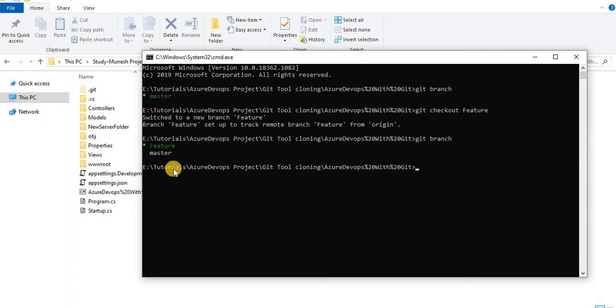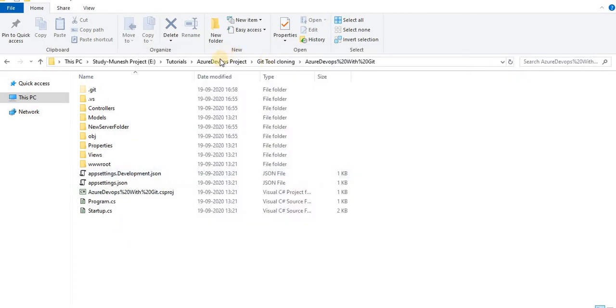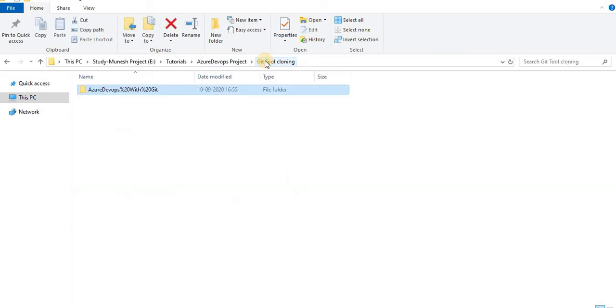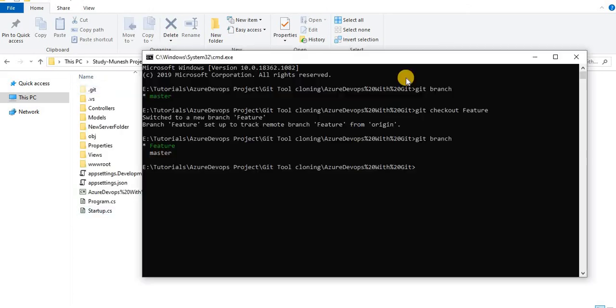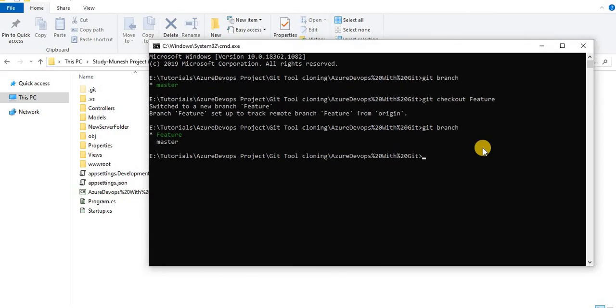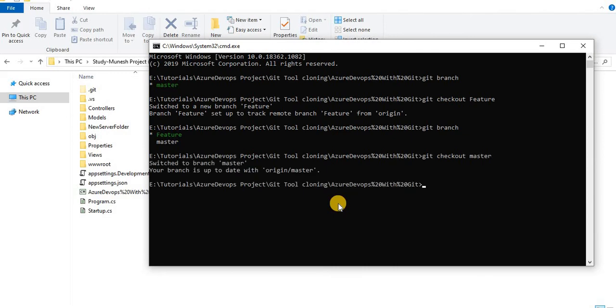Now let's understand how we can do the same thing in TortoiseGit. For that, let's go to that particular folder, because we will do it from there, or otherwise we can do it from here as well. First, let's take it back to the master branch.